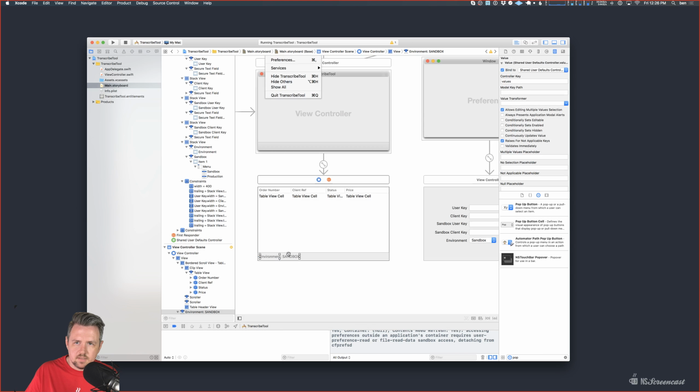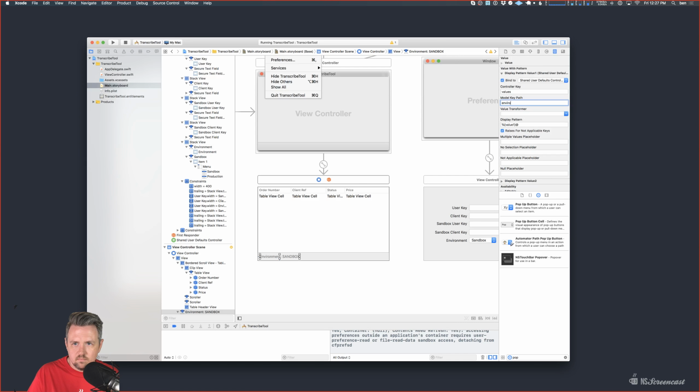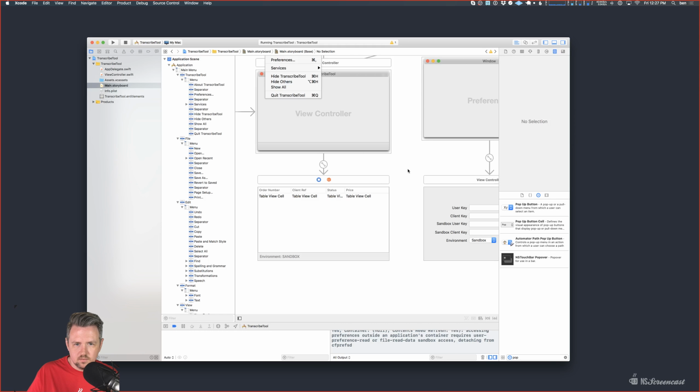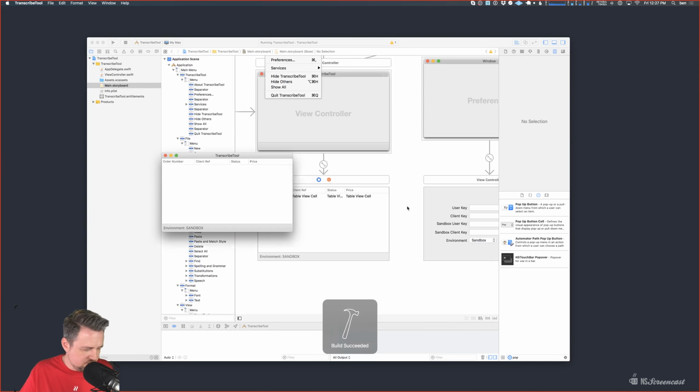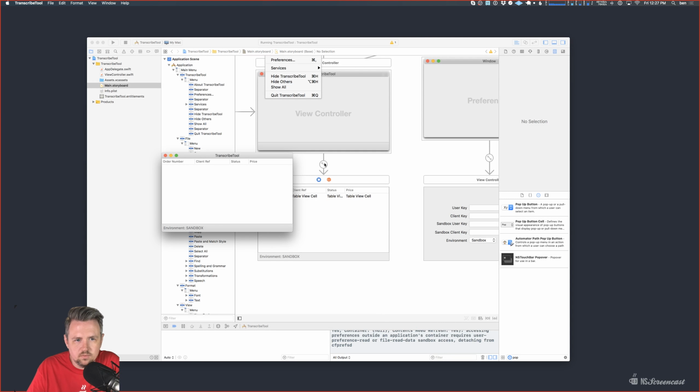So in this case, I can actually bind this one with a pattern, right? If I want to bind that to be the same thing as the environment, and then on the display pattern, I can say environment: like that. I think that will work. So that way, when I switch it in the preferences, the one on the table should